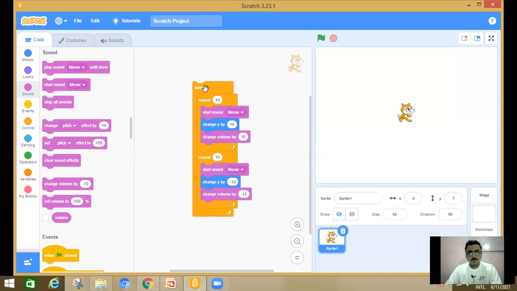Let's see what will happen. Here you can see that the program is running and also sound is going on, but because of using the microphone, you cannot hear the voice, but the logic is the same.